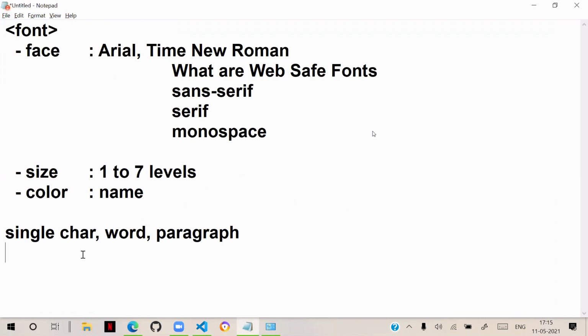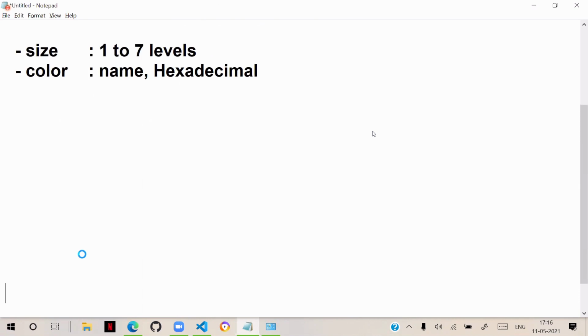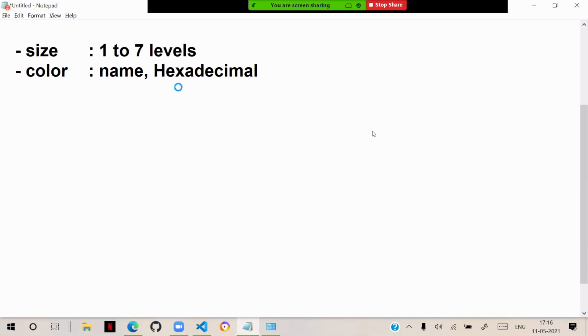Now colors, when you are applying in HTML, you can apply a color name or hexadecimal. There are other techniques, but with CSS you will learn. HTML supports these 2 by default: name and hexadecimal. Hexadecimal is nothing but, how do we write hexadecimal? Hexadecimal colors, because